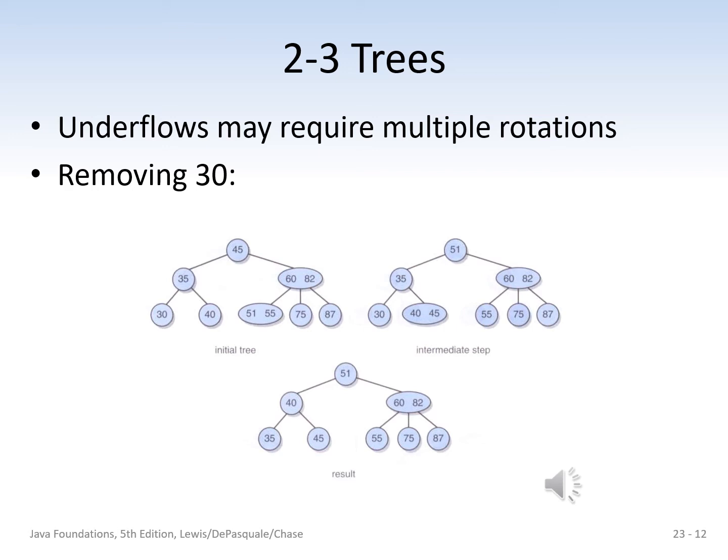So what happens is the 45 is transferred or rotated, if you will, and then again down to it. 45, which is originally our root, becomes a leaf 3-node,